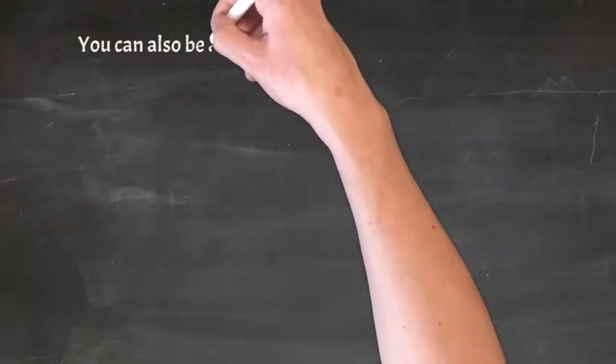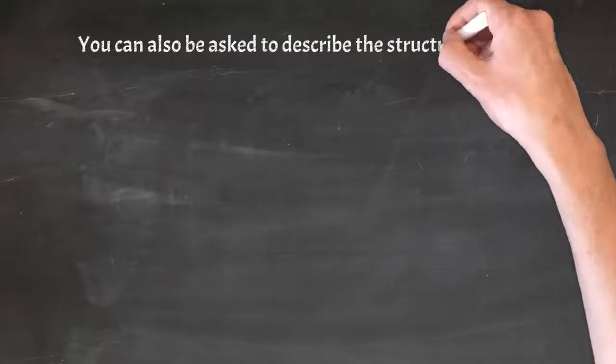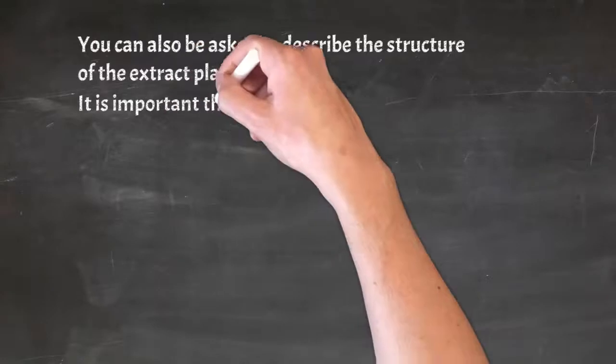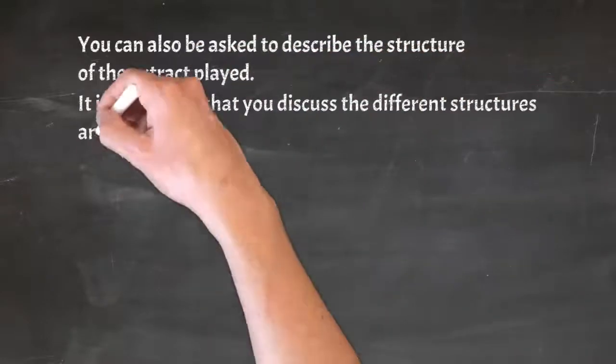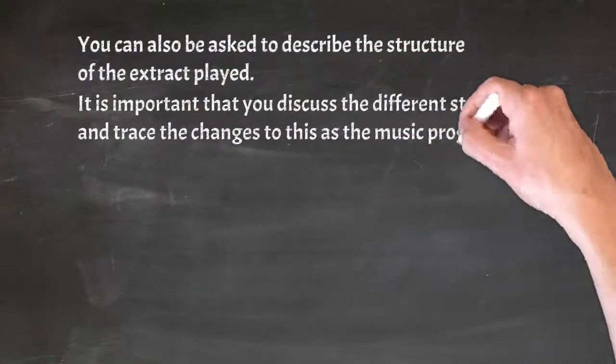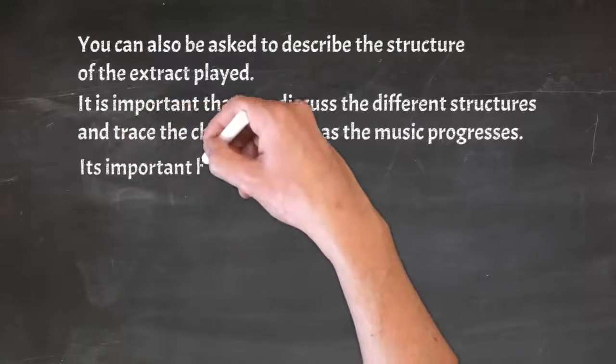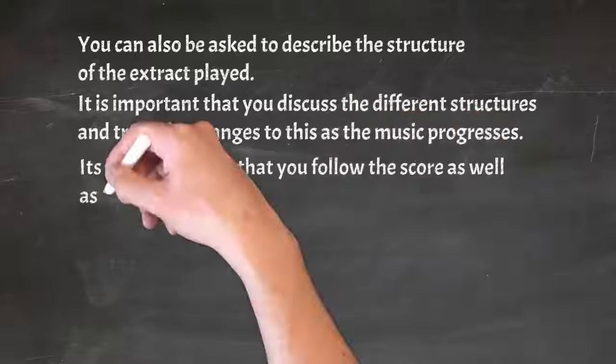You can also be asked to describe the structure of an extract that is being played. Now, this question usually comes with 4 to 6 marks awarded to it. It is important that you discuss the different structures and trace the changes to these as the music progresses. It's important here again that you follow the score as well as the audio to be able to give a